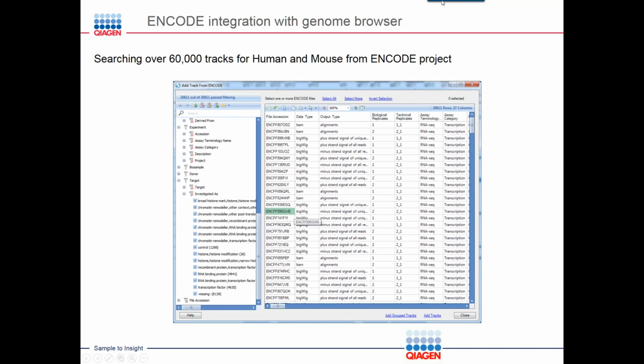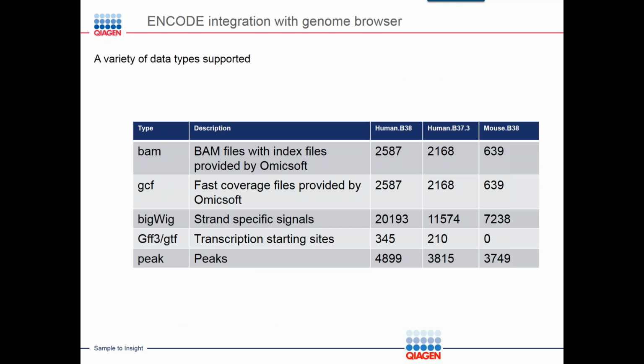And as you can see here, this is human B38, and you have more than 30,000 tracks to search from, but you can search by metadata. And this is really a lot of data processing effort. So, for example, for human B38, they have over 2,500 BAM files. But when the ENCODE project provides these BAM files, they don't actually have BAM.bai index files,